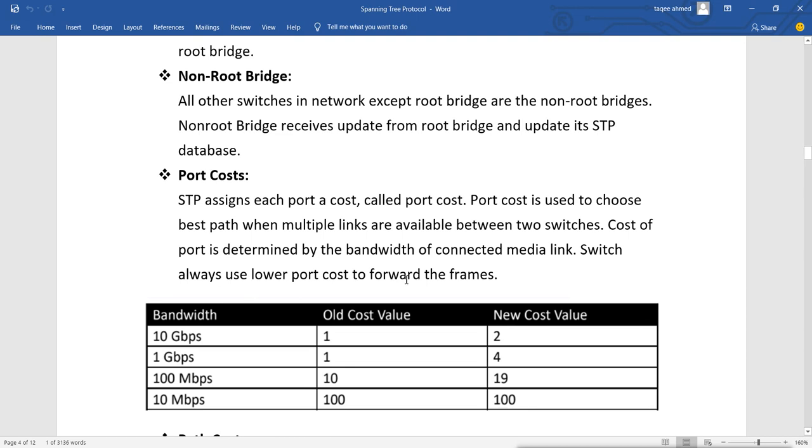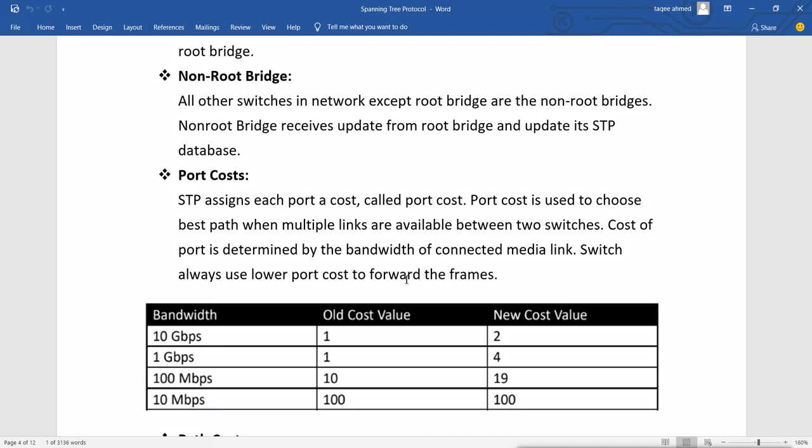Now after doing the election, next all the switches will decide how to reach the root bridge first. That means when the root bridge is decided, they will decide which path to take to reach the root bridge very quickly.